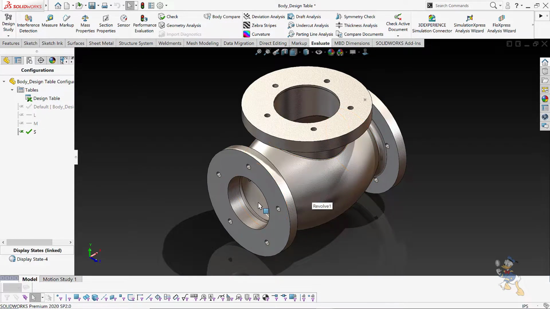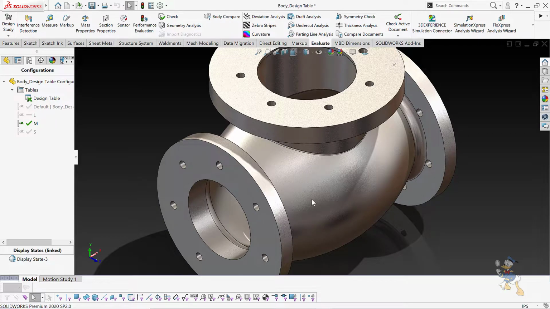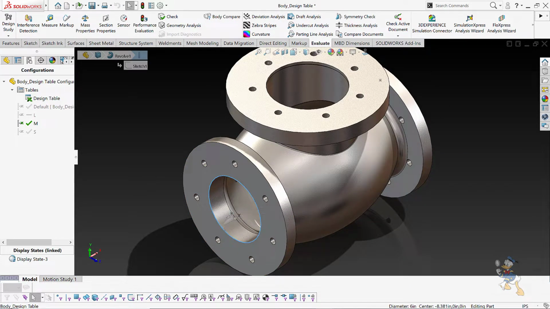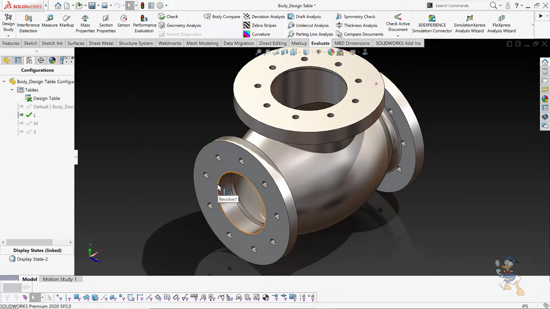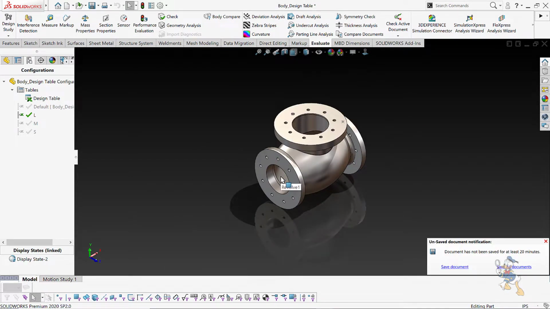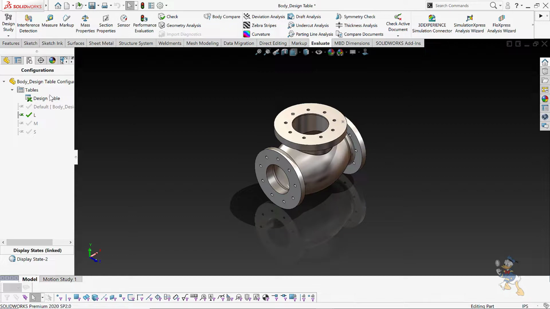Yeah, this is the small one having a diameter of 4 inch, and I just need to change the configuration. With the medium one I'm getting a bigger one with a diameter of 6 inch. Then I just need to double click on the large one. I'm getting again a different diameter, which is 8 inch. So this kind of stuff we can generate by using that design table. I just need to put the values only, and it automatically generates the configurations for us. It is a very useful command, a huge time-reduction command, you can say.